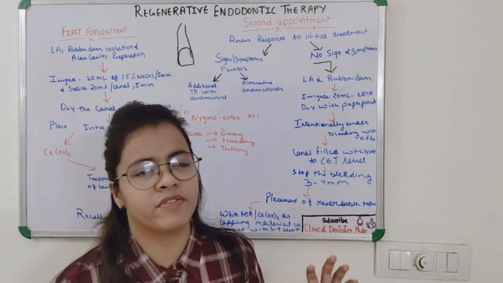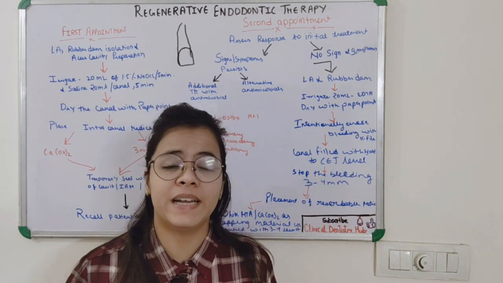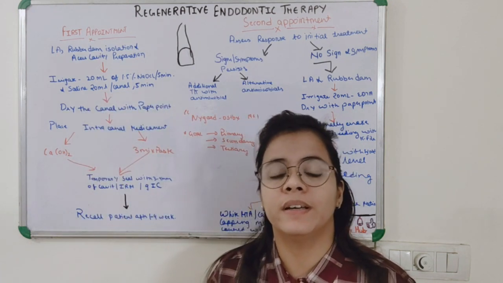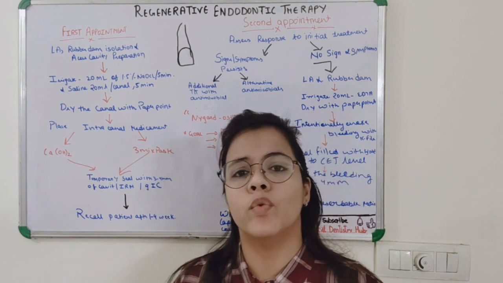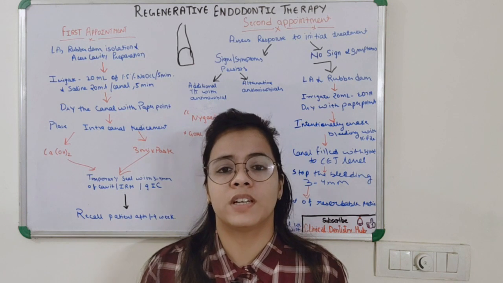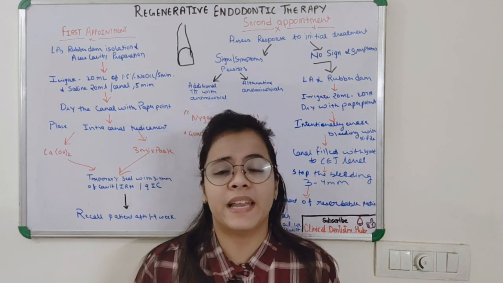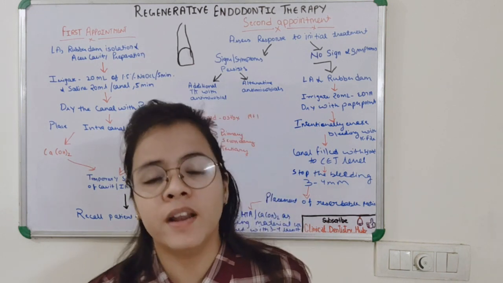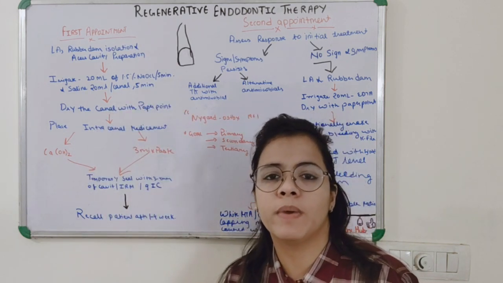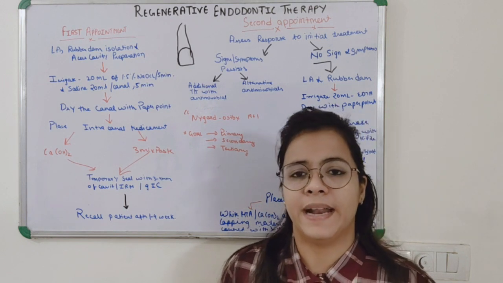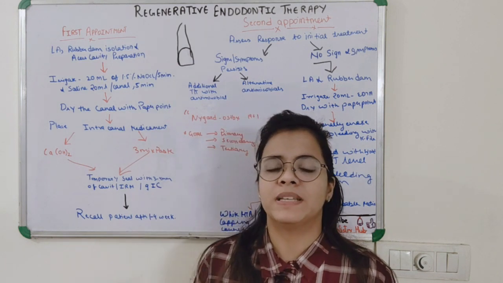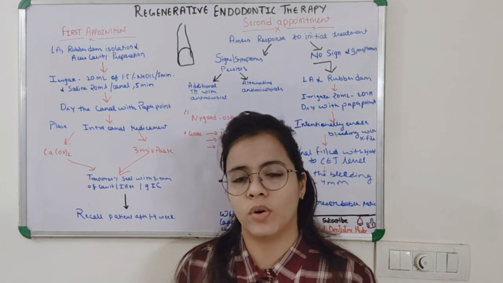When it comes to the definition of regenerative endodontics, it has been defined as a biologically based procedure which aimed at the removal of the damaged structure such as the dentine, root structure, cementum. That means any procedure which is designed to replace the damaged structure of a tooth. These damaged structures may involve the part of cementum, dentine or the root structure also. So this basically defines what regenerative endodontics is.